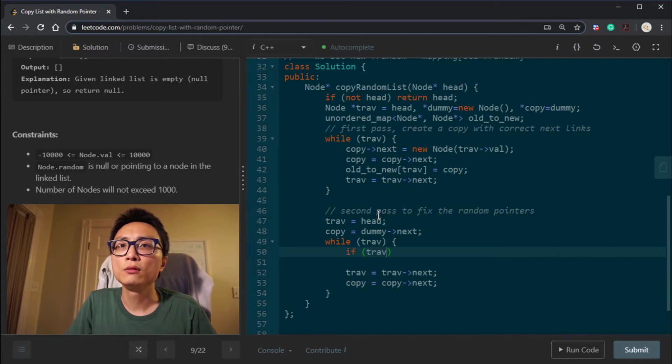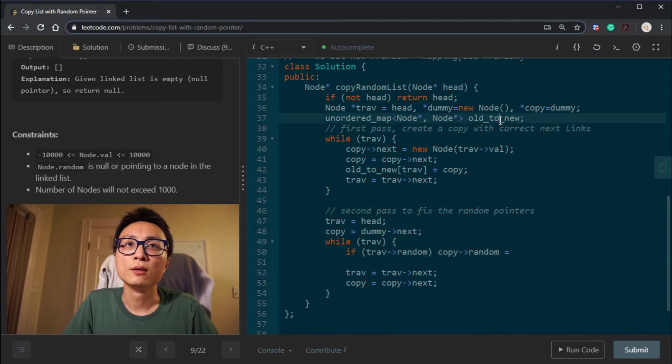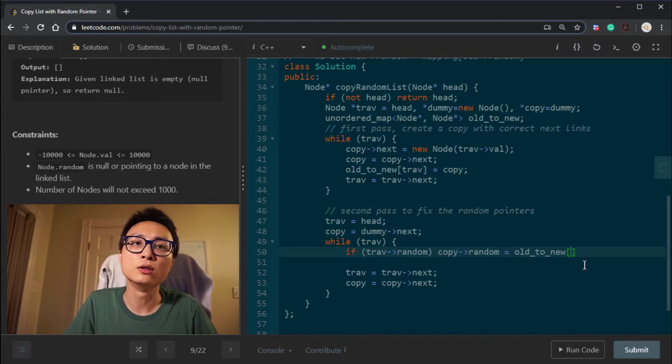If the node in the old linked list has a random pointer, then we're gonna have the copy's random pointer point to the corresponding new node inside this new linked list, which we look up.